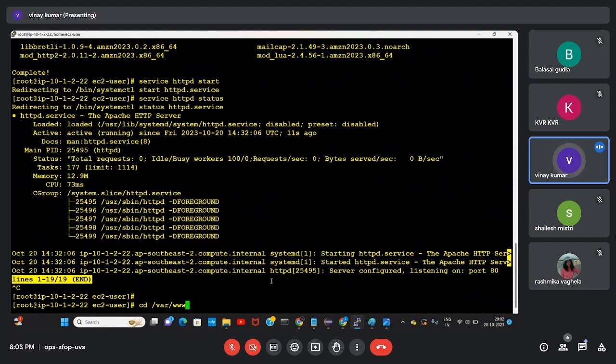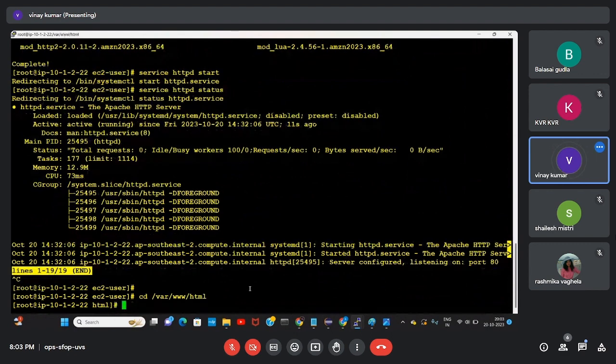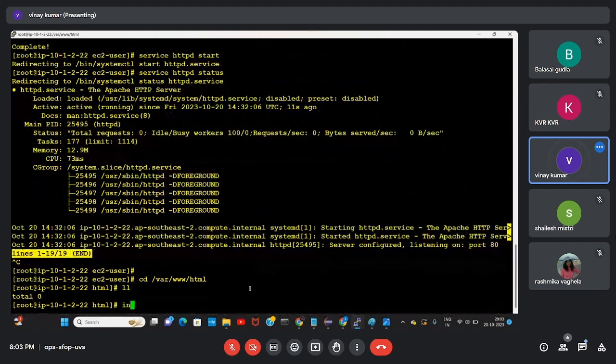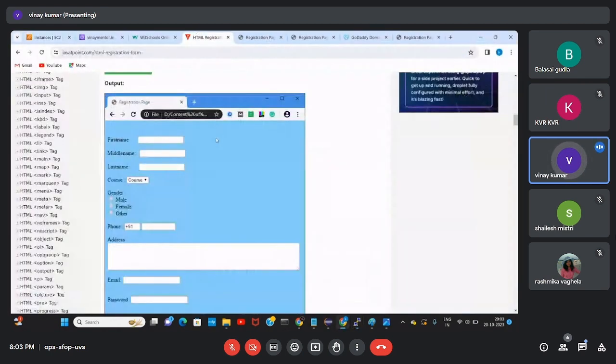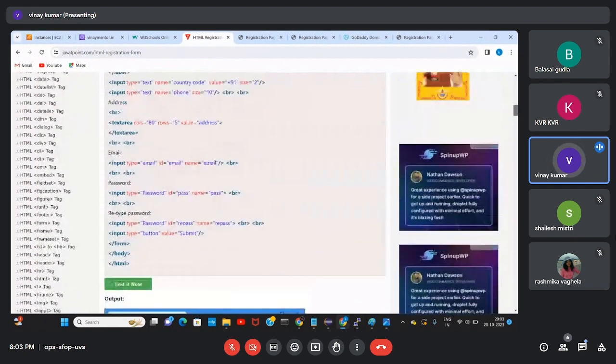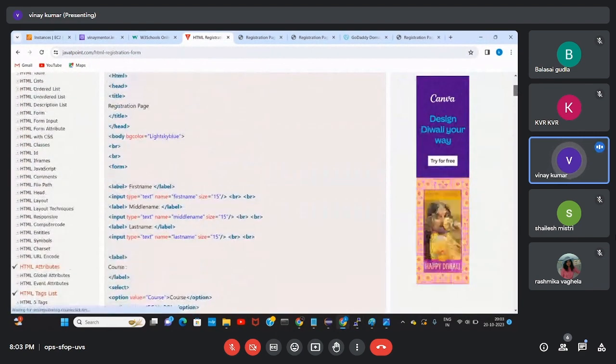Now vi index.html. Where is my code? Previously I got this one. I'm getting the same code.